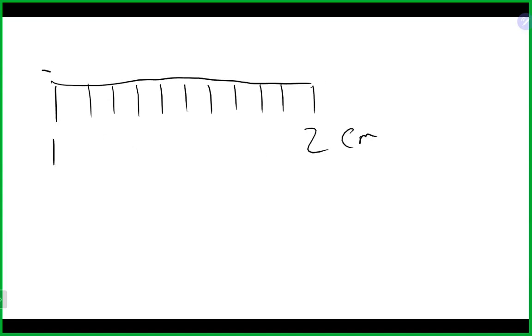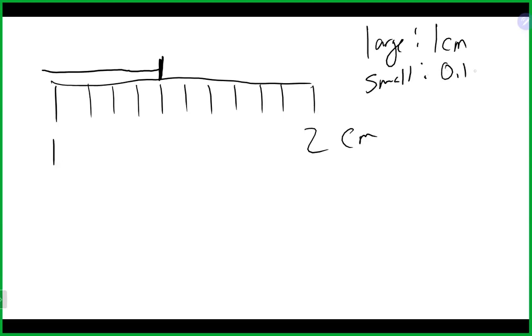Now, let's say we want to measure this line and it's going to be dead on that line right there. In this case, it obviously is still the same large markings of 1 centimeter. Our small markings, there's 10 of them, which means each of our small markings is 0.1 centimeters. So if we take a look at this, this again is 1.1, 1.2, 1.3, 1.4, 1.5. When I record this as my reading, I could record 1.4 centimeters, 1.40 centimeters,